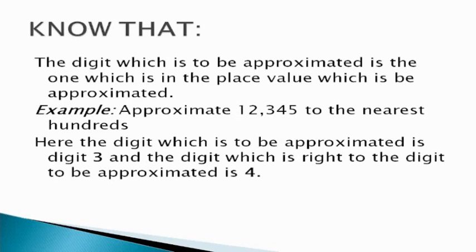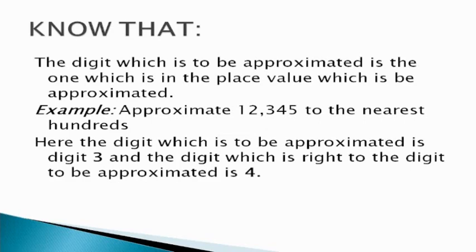So now you are supposed to know that the digit which is to be approximated is the one which is in the place value which is to be approximated. Kwamba digit ambayo unatakiwa approximate ni ile digit ambayo inakuwa katika place value ile ambayo umeambiwa approximate. Kwa mfano, approximate